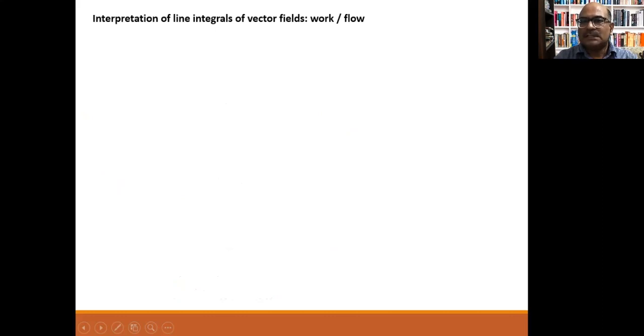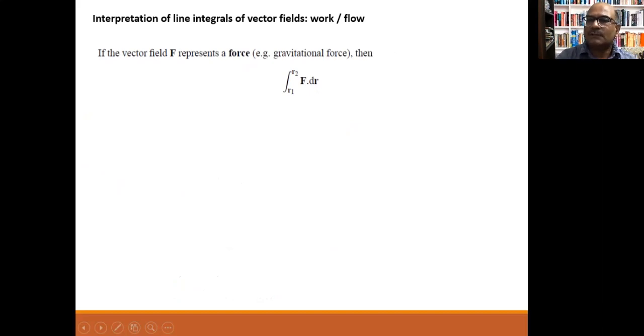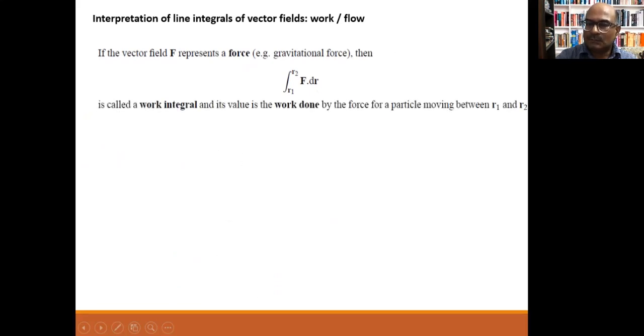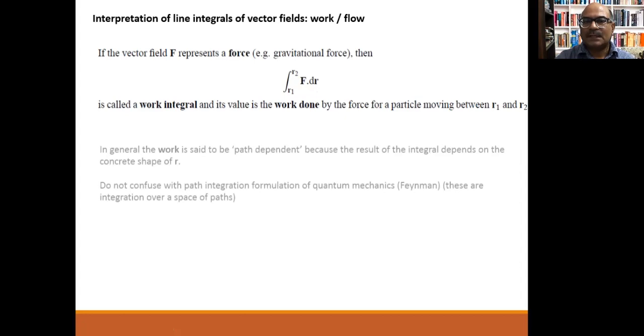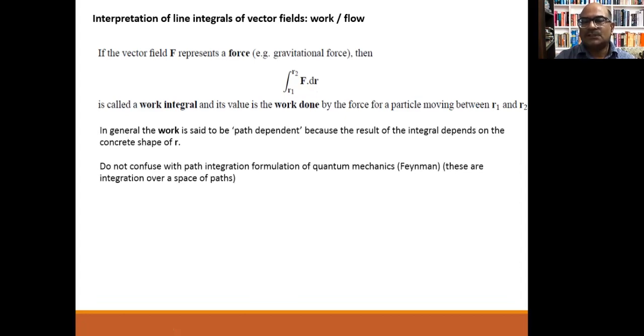So this can also be interpreted as the work or the flow of that vector field. Like we have already defined, if we have a vector field, suppose a force, like a gravitational force, then when this force works there is some displacement, so it is called a work integral. And its value is the work done by the force for a particle moving between two points. In general, work is said to be path dependent, because the result of the integral